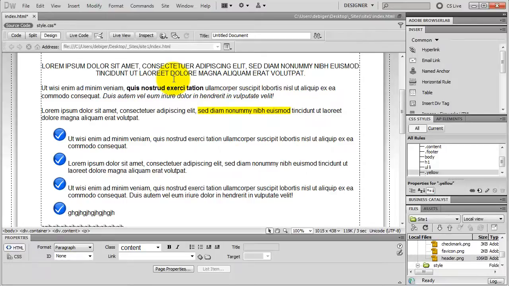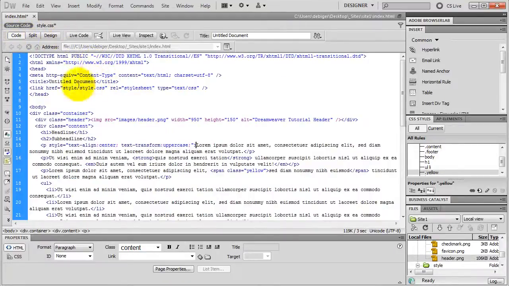The only problem with this method of styling is that if you want to apply those specific properties to multiple elements, it will generate a lot of code. So only do this if you want to style just one particular element and you're not going to apply those properties to anything else. Okay, I go to the code, and let's talk about the head section